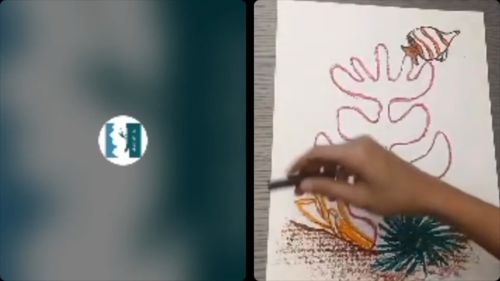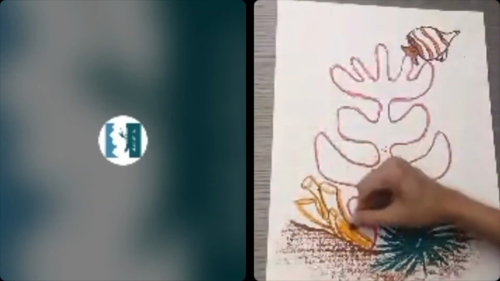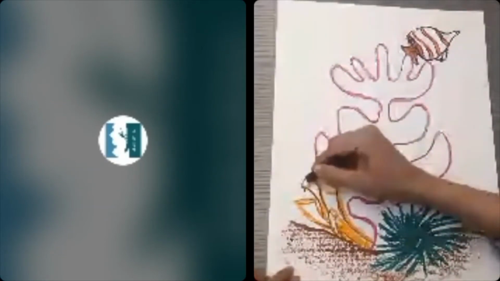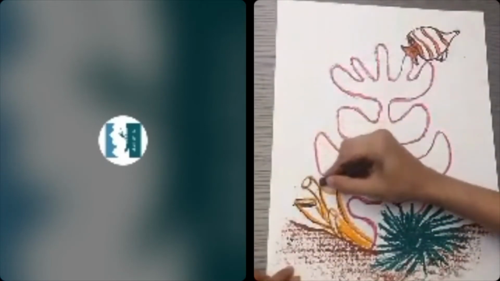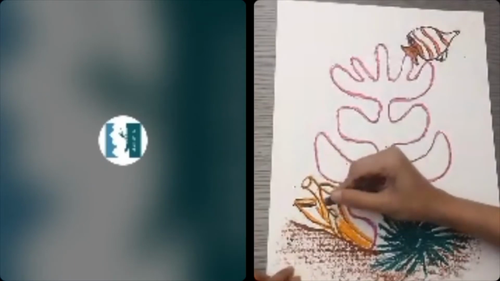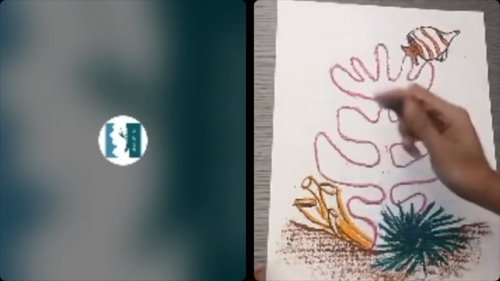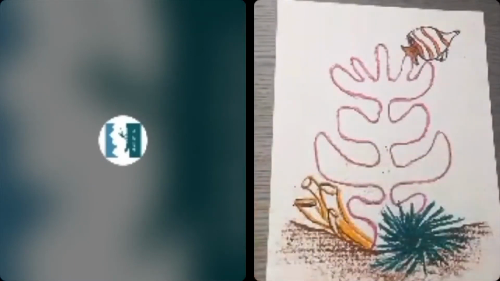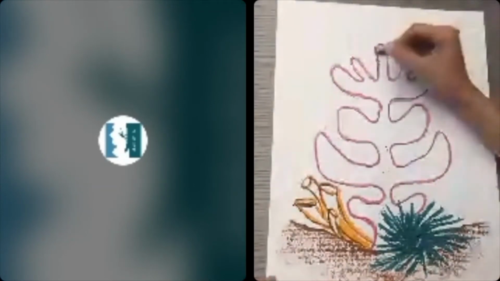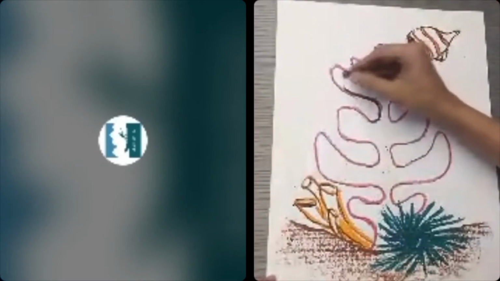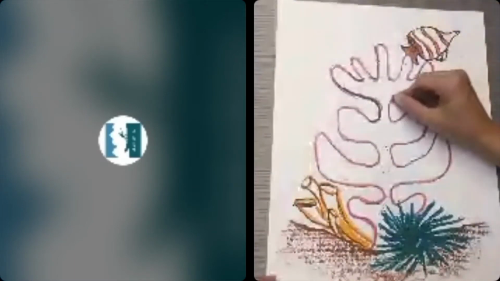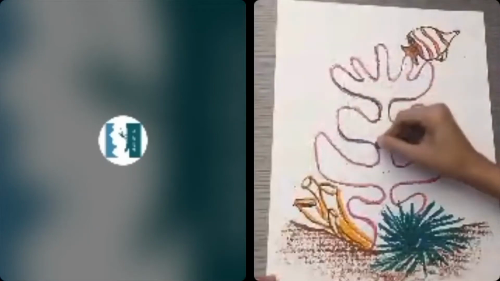A little bit of black to also define these shapes. So this isn't an entire outline, it's just accent lines to highlight some of the parts. Okay, so I'm doing this.